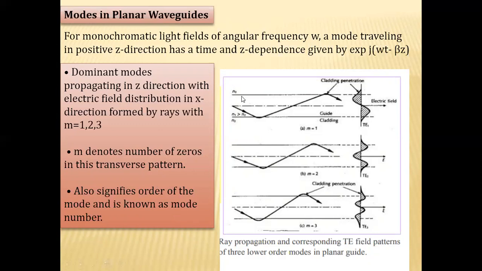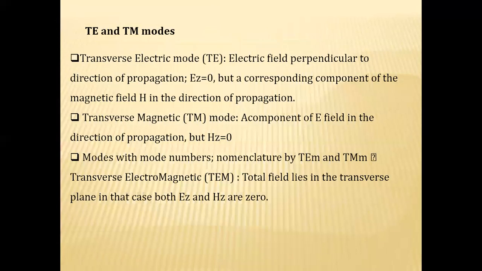So now consider a plane waveguide that gives constructive interference to form a standing wave pattern across the guide, following a sine or cosine formula. For m equal to 0, that is the lowest mode we have. For mode m equal to 1, it will produce a single standing wave, and for m equal to 2, it will produce a standing wave like this, and for m equal to 3, the standing wave will be like this. So it will be in decreasing order.